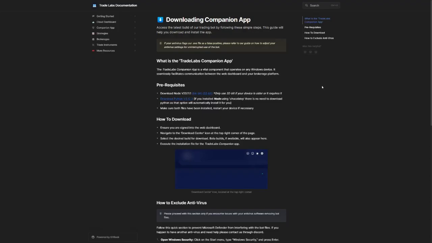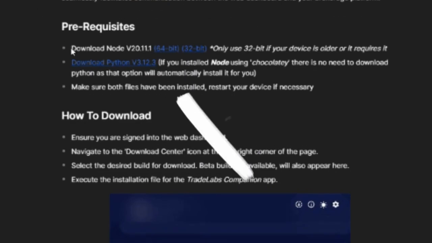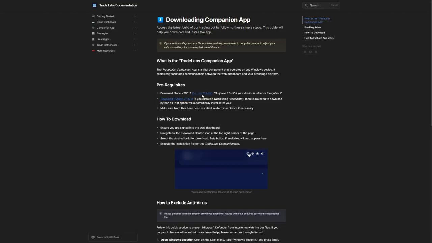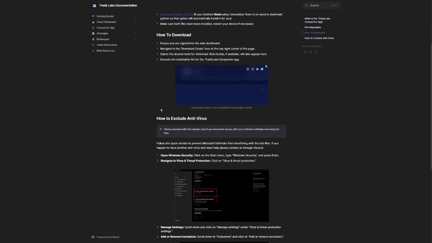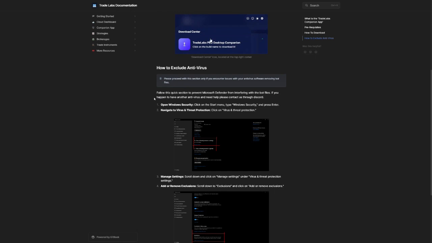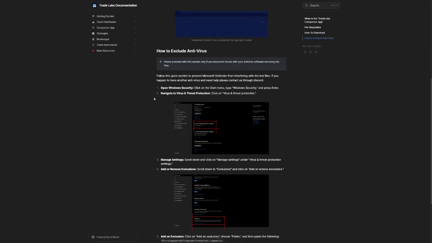But before we do that, let's make sure that we have installed all the dependencies required to run the Companion app. These download links can be found in the Getting Started section of the guide. When installing Node, you will be prompted to install Chocolatey as well. This is optional, but if you do install it, there is no need to download and install Python, as it comes pre-packaged. Once everything has been downloaded and installed, please restart your computer and open the TradeLabs Companion